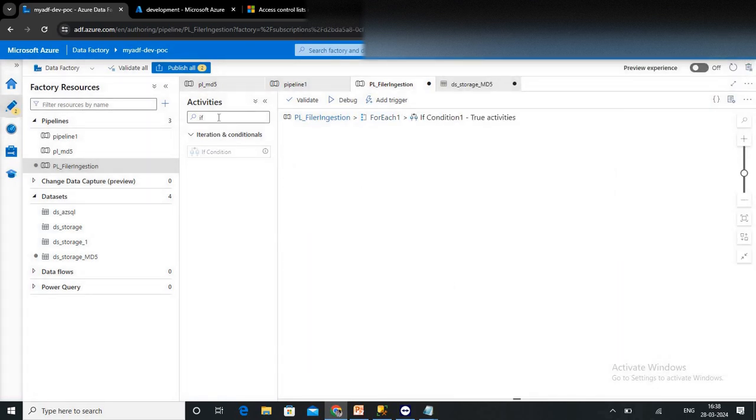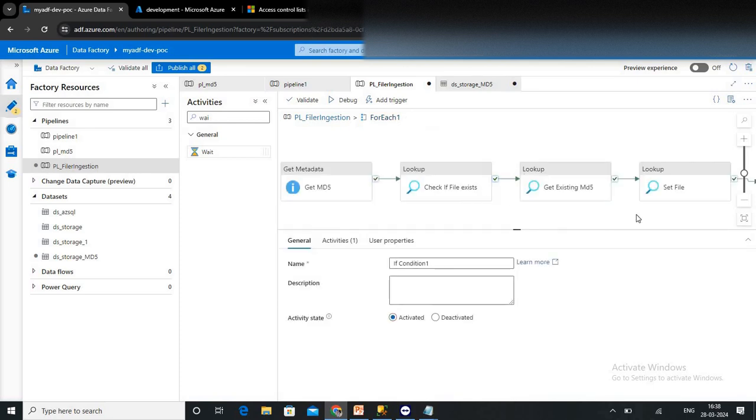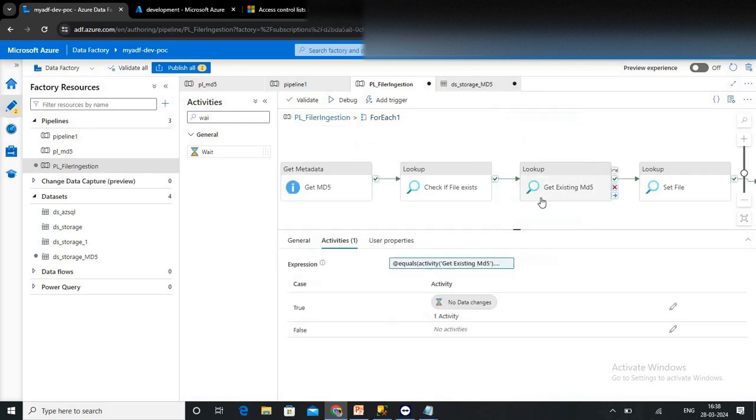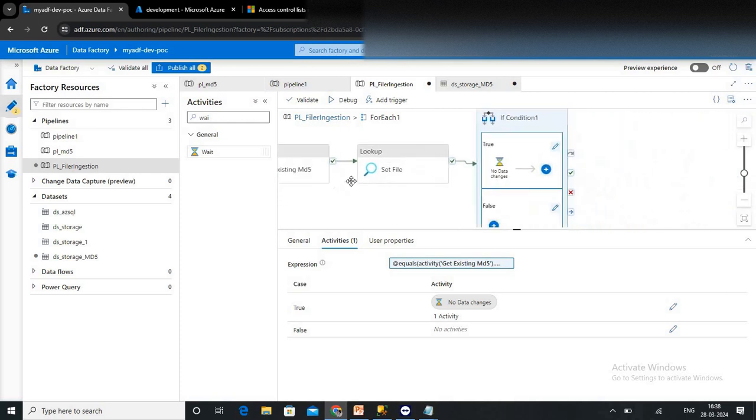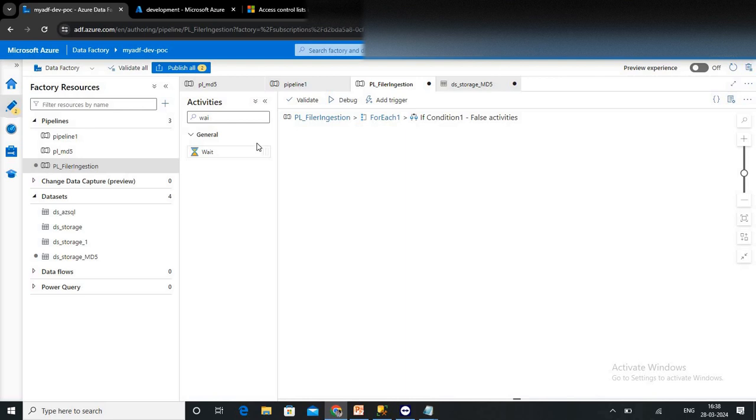So I want to just put one wait activity. I'm going to say no changes. In case it's not matching, then what exactly it has to do, it has to load the data into tables. So I'm going to take a copy activity,